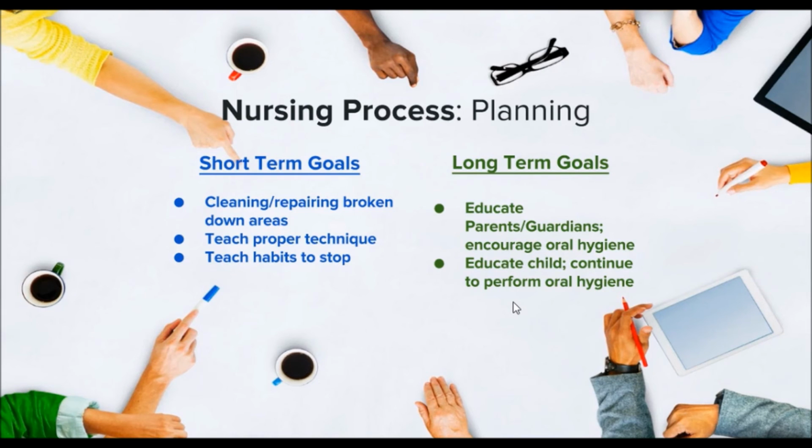The third step in the nursing process is planning, and this includes two portions. The first portion being a short-term goal and the second portion being a long-term goal. A short-term goal is going to be implemented right away. Could be encouraging cleaning of the mouth frequently, or having any areas that are broken down or teeth that have chipped or broken to be repaired,